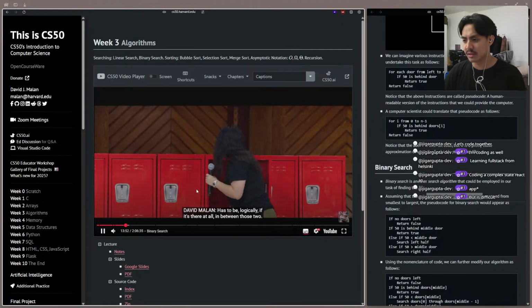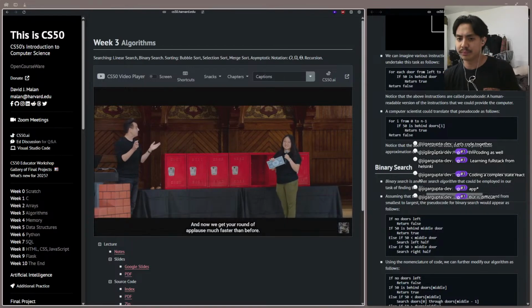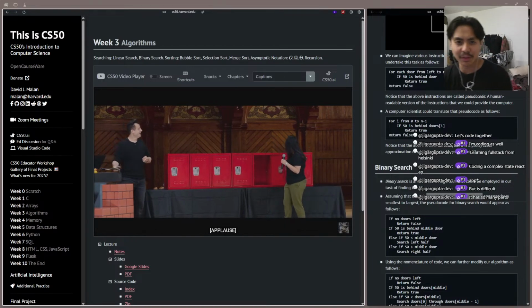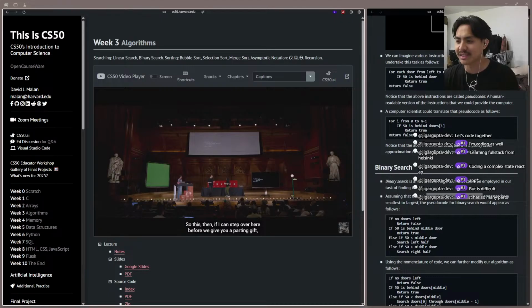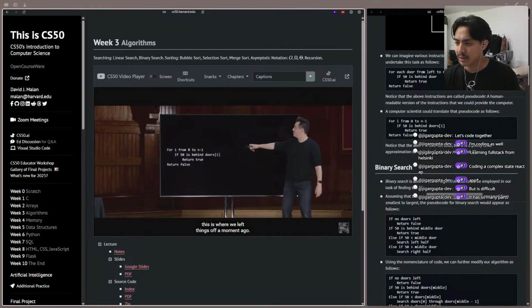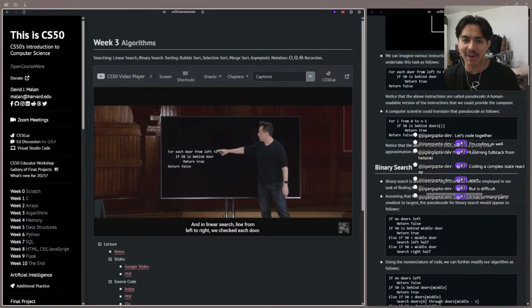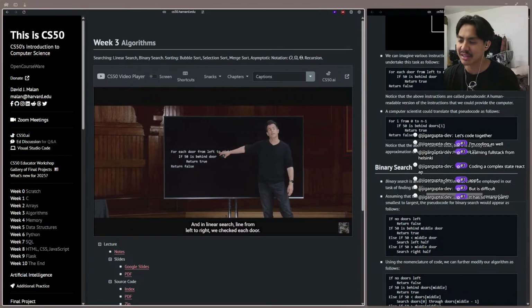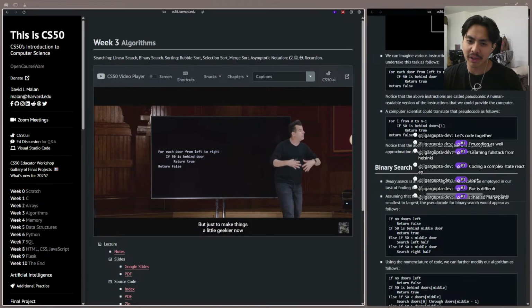Those two, and now we get your round of applause, much faster than before. It is difficult, of course. Here before we give you a parting gift, this is where we left things off a moment ago. In linear search, from left to right, we checked each door. But just to make things a bit more